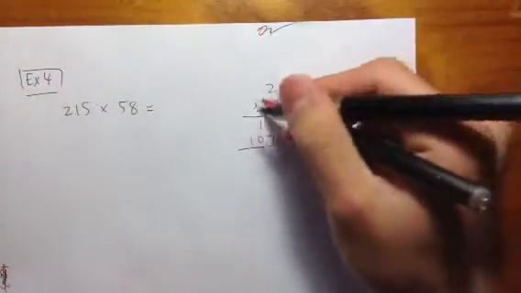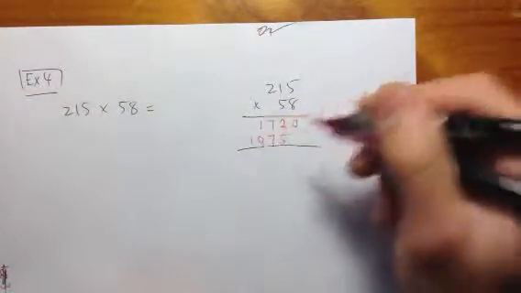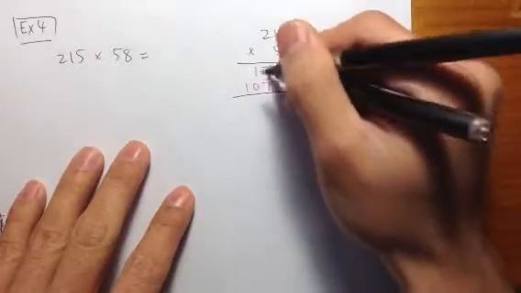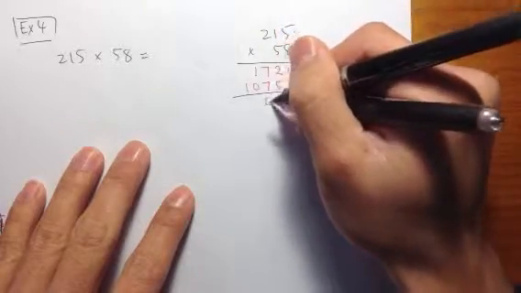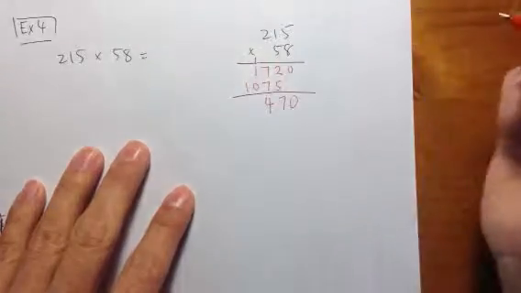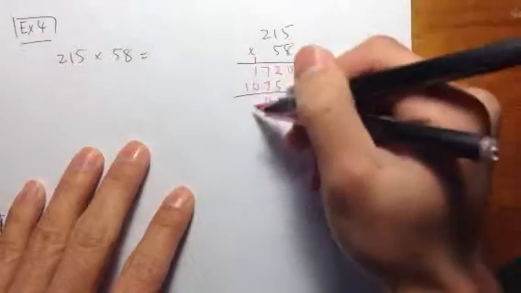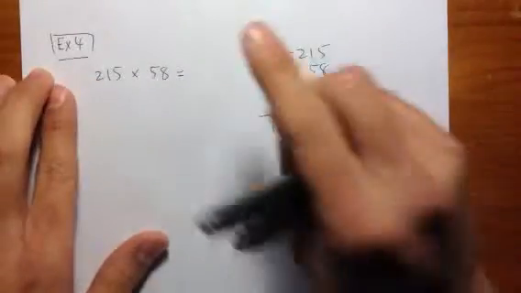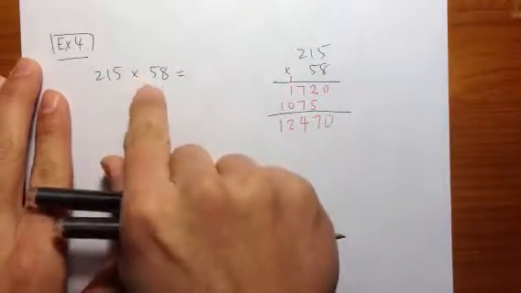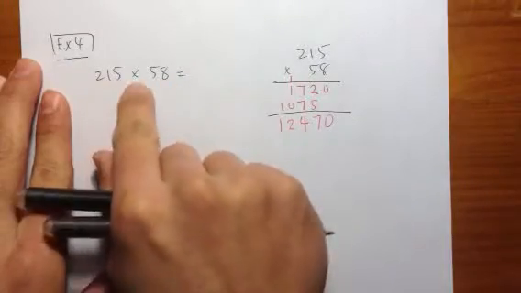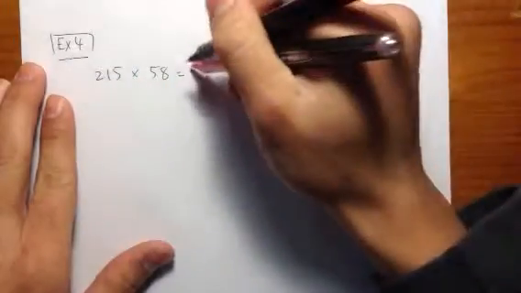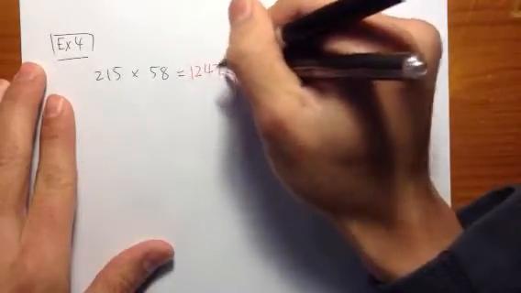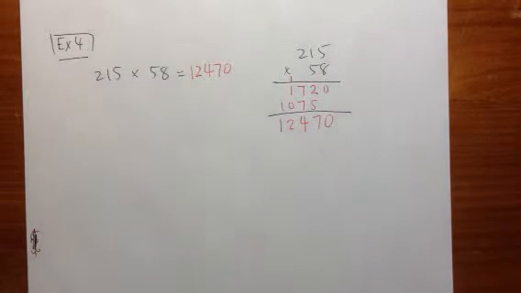When you are doing multiplication, you always add. So 0 is just 0. 2 plus 5 is 7. 7 plus 7 is 14. So write down the 4 and have the 1 carry over. 1 plus 1 is 2. And 1 just carry over. So the product of 215 and 58, 215 times 58 is 12,470. Okay,